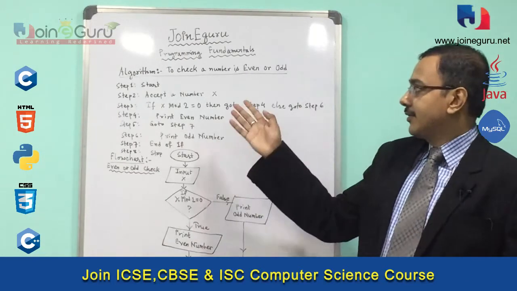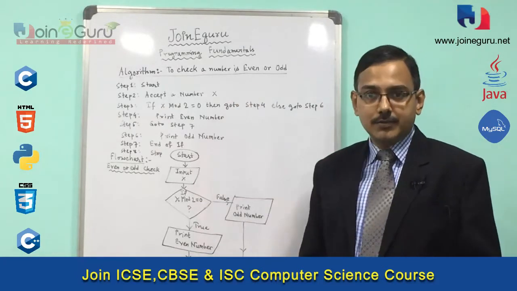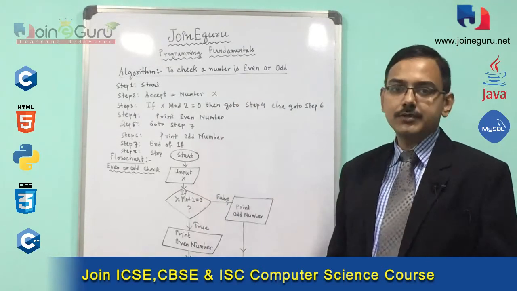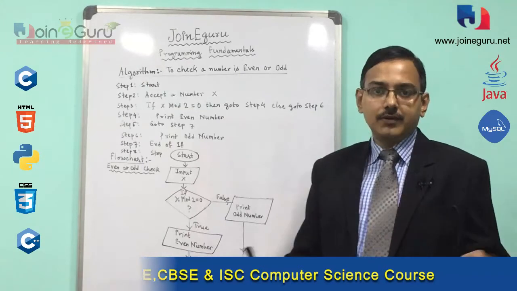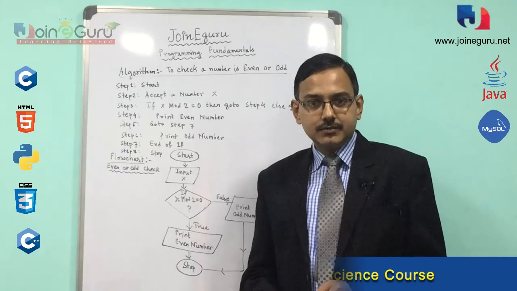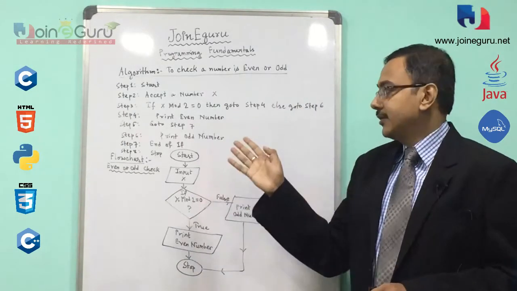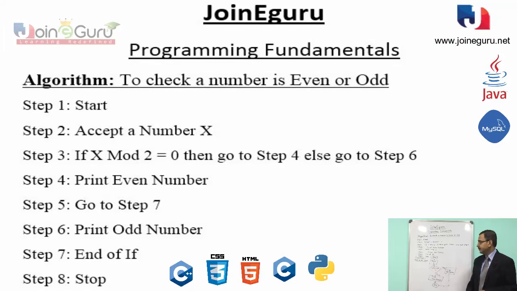Now according to our situations, I take an example regarding even number and odd number checking. So how can we check even and odd numbers? Everybody knows that the number that is even is always divisible by 2. So I use that mathematical logic to check whether the given number is even or odd. So at first we start the algorithm in step 1, and in step 2 we accept the number from the user and store it to the variable x.